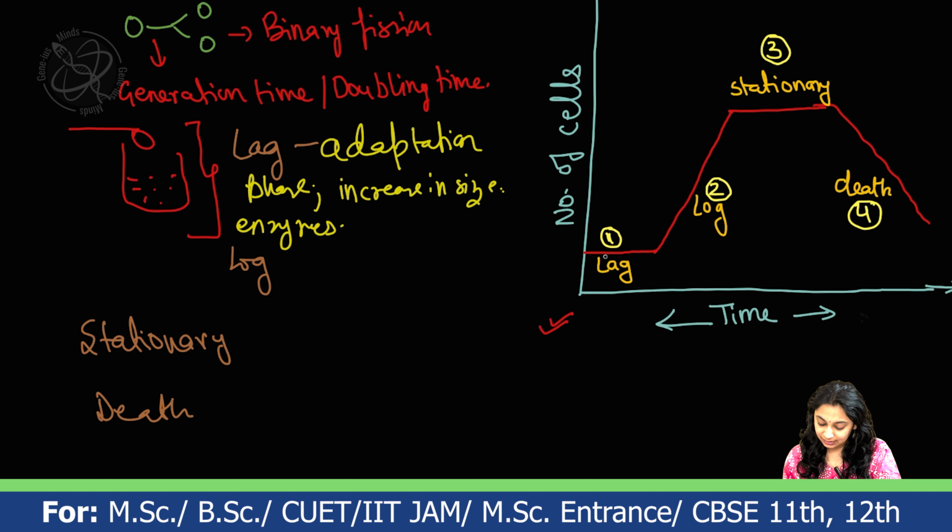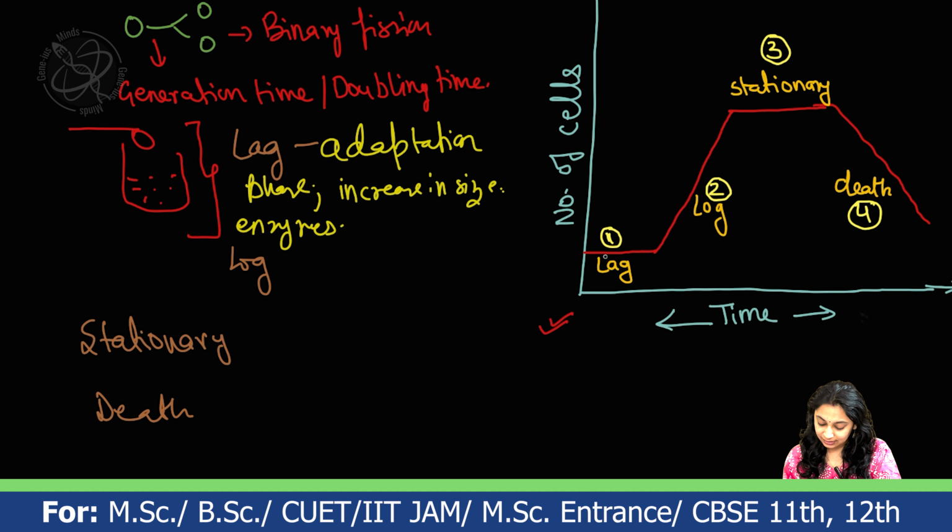But as soon as it moves to the next phase, which is known as the log phase, another name for log phase is exponential phase. Here the division of bacterial cells takes place. So the important phase where the division takes place is the log phase. One cell gets divided into two cells. You can find a straight line over here corresponding to number of cells versus time. So this is known as the log phase, also known as the exponential phase. With the increase in time, the bacterial cells are increasing in number.